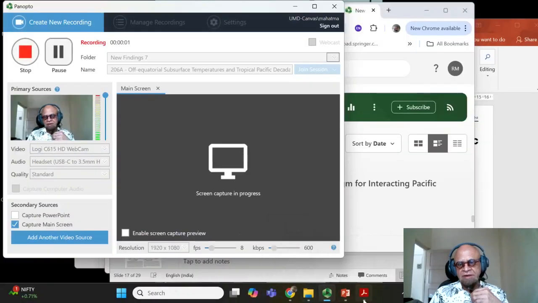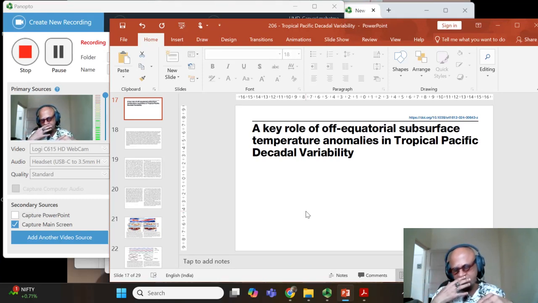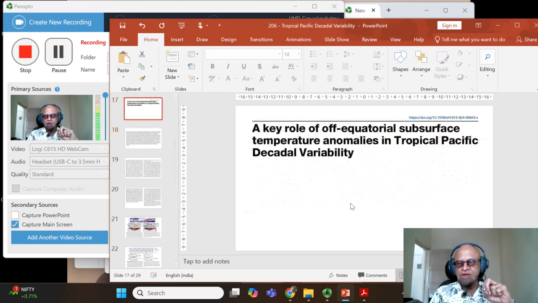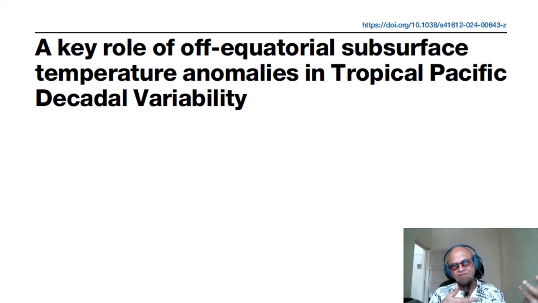This paper is related to the tropical Pacific decadal variability. When we talk about Pacific decadal variability or tropical Pacific decadal variability, we always mention these off-equatorial connections to the equatorial connections and the feedbacks. So this is a more specific focus on the oceanic role, the subduction of subsurface temperature anomalies in the tropical, coming from off-equatorial regions into the tropical regions, and of course that takes time because ocean moves slowly, and the